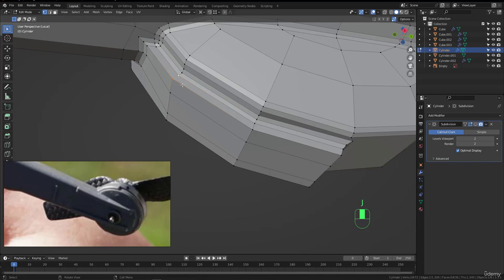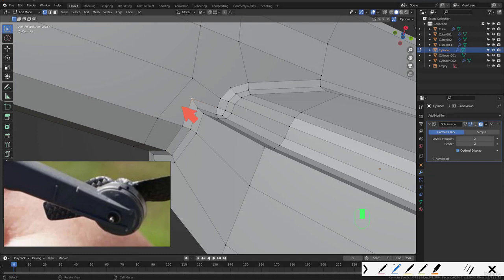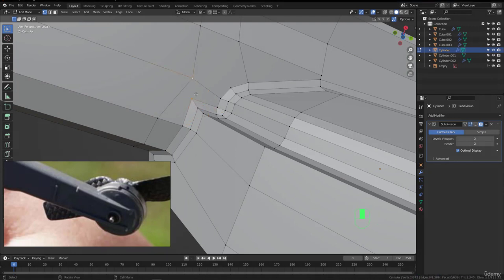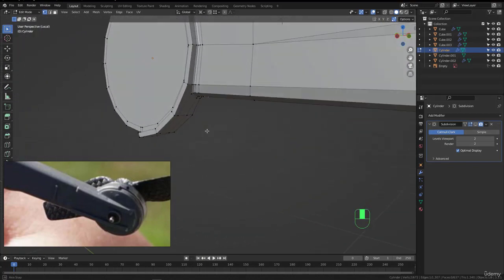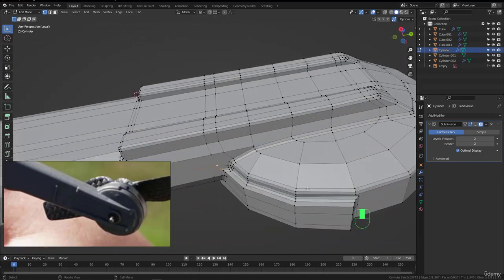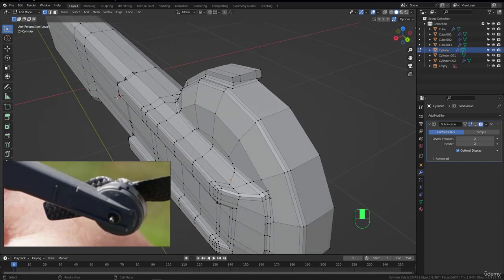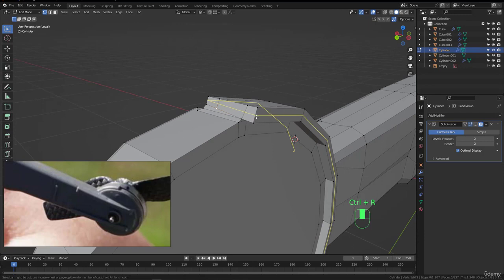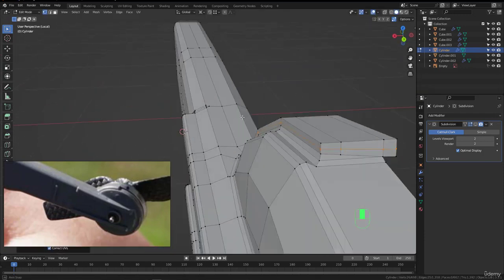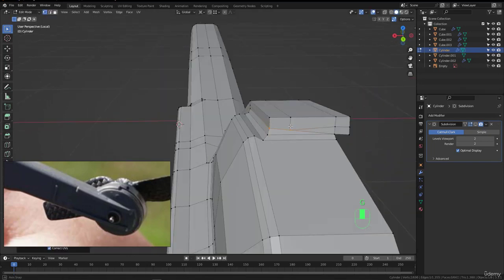So let's cut this, hit J. Here we have an ngon, so let's cut this area like this, grab this one with this one, hit J. Let's add an edge, goes like this, and I will merge those, K twice, and merge them because I need